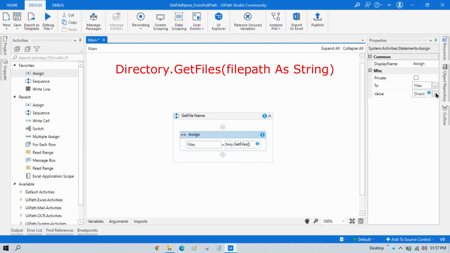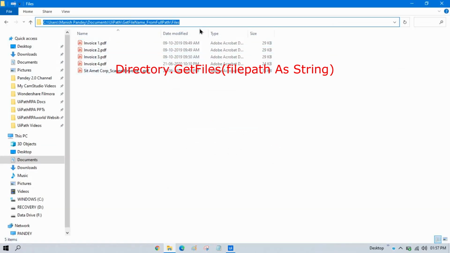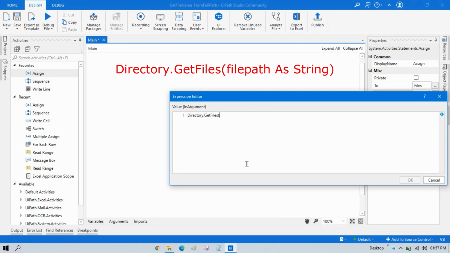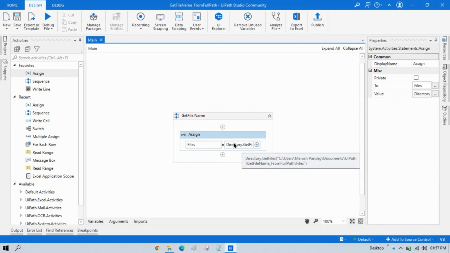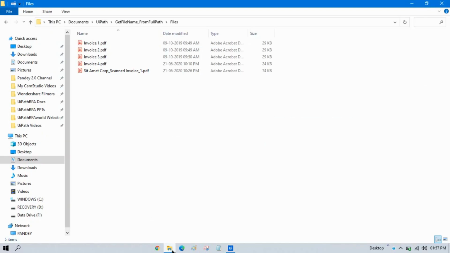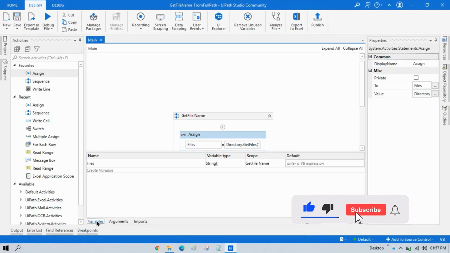So I will write here dot GetFiles, and here I need to pass that path. In the double quotation I will be putting that. Press OK. So in this way we have extracted all these file names from this folder to this variable, and this is an array of string.